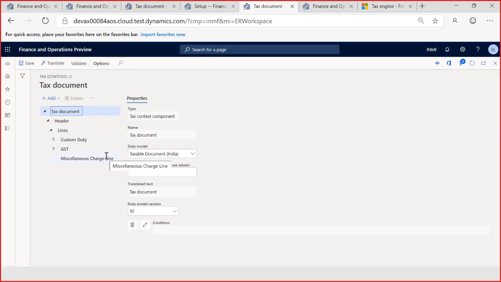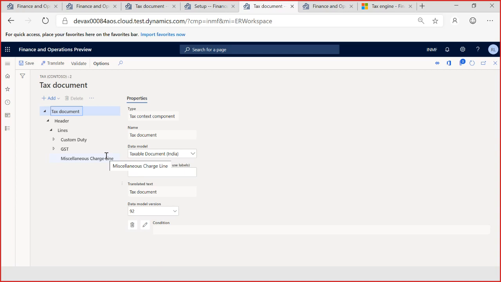So because I just extended the taxable document, you definitely want to use that taxable document for this tax document. Because the only reason we added an SEZ party with IGST payment, these two additional fields, is that we want to use them to determine, to configure the tax rules like applicability, posting, and calculation in a tax document. So you need to make sure that in your extended tax document, it uses that model, that taxable document